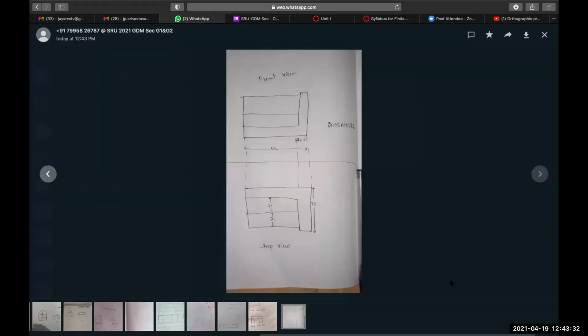This is what one of the students, roll number 1076, has drawn. Very good. This is exactly correct. So like this, you people can learn. We will practice a few more drawings.